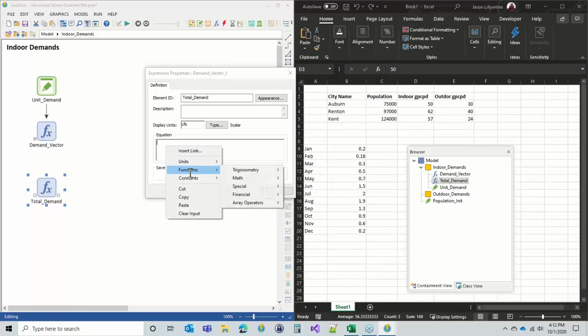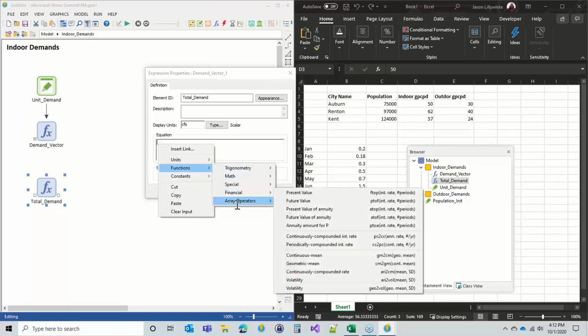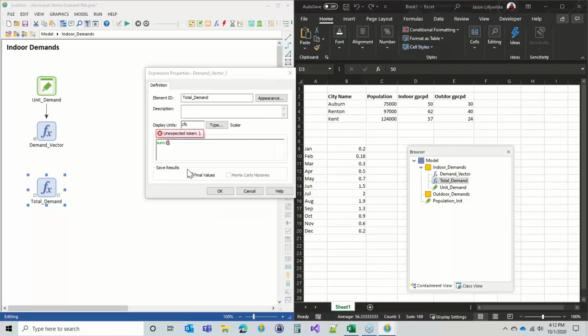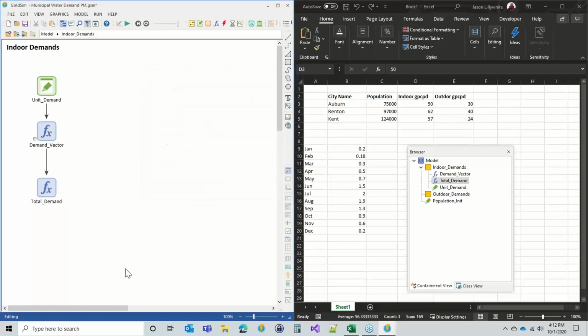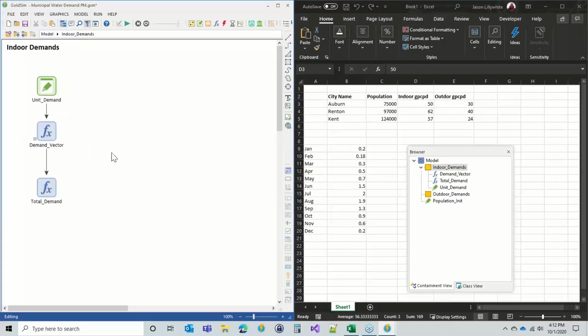It comes built in. So if you right-click in here, go to functions, and then array operators, you will find sum. Then we just put in the demand vector, and it will tell us the total demand. Okay, so that is pretty much it for the indoor demand. It's pretty easy. But what I want to do is keep this, but then add to it